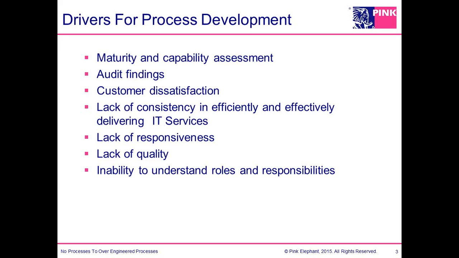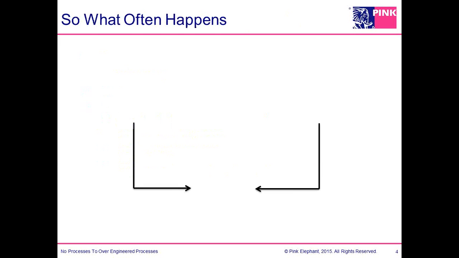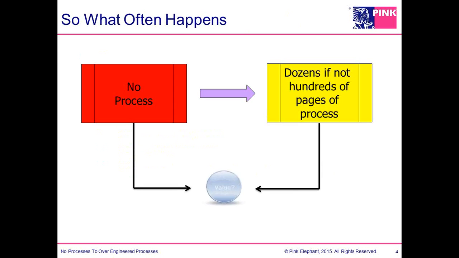So oftentimes organizations will say we need to develop a process for one of the very specific areas around defining roles and responsibilities, plus also having your RACI matrix to clearly identify who's going to be responsible for executing the activities, who's accountable, the buck stops with that person, who's consulted, and who's informed. So when we start thinking about what happens,